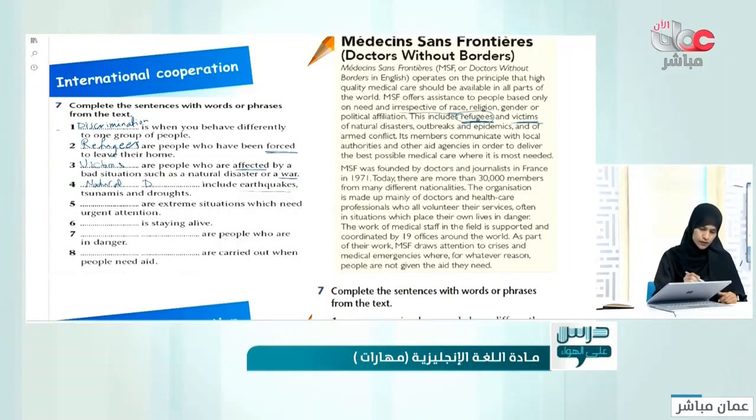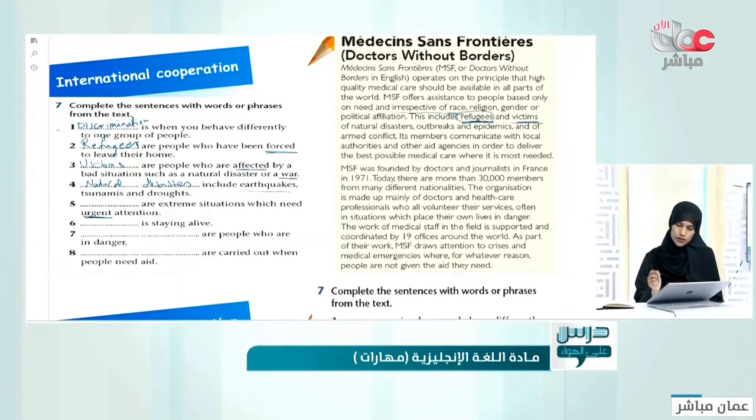It should be small letters here. Natural disasters include earthquakes, tsunamis, and droughts, and yes, lots of other natural disasters. Number 5 says are extreme situations which need urgent attention. When we say urgent attention, something that I cannot really go over, so it needs my attention and urgently, not just in a careless way, but it really